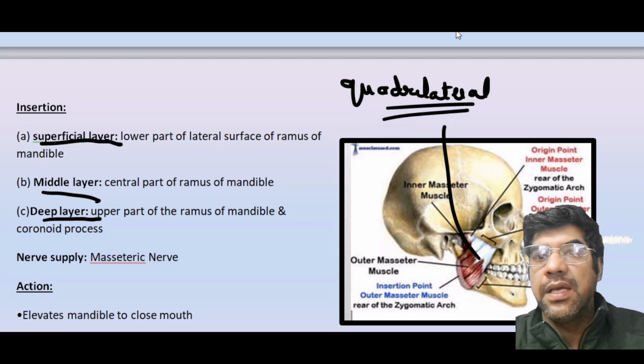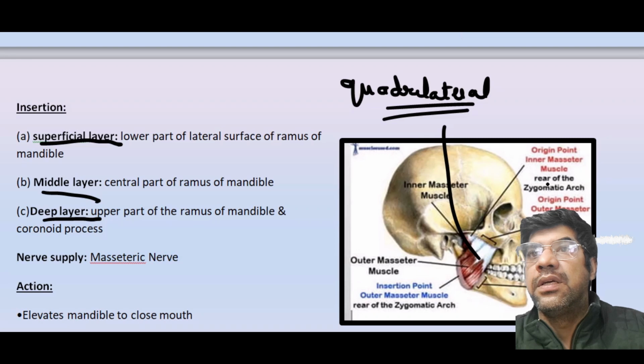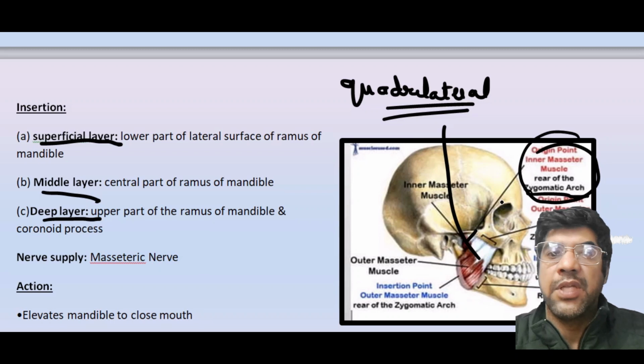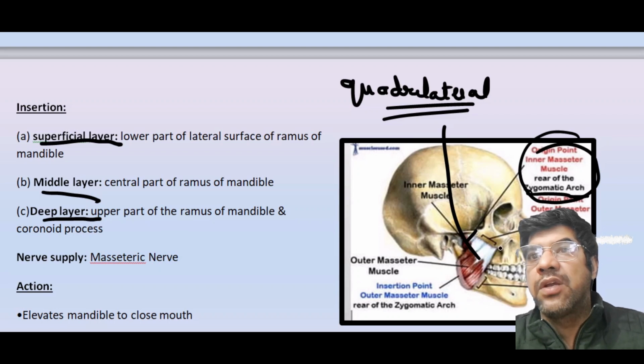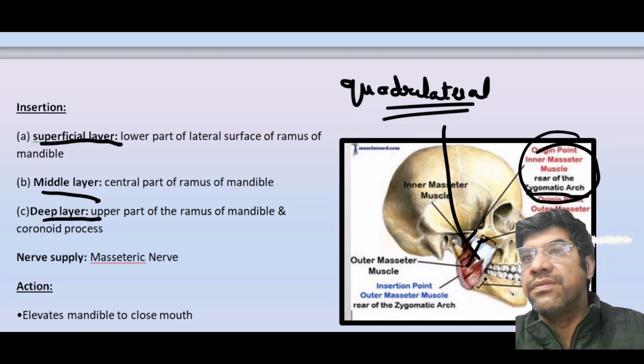Now the superficial layer, it originates from the anterior 2/3 of the lower border of the zygomatic arch. The deep layer, it originates from the deep layer of the zygomatic arch, and the middle layer, it originates from the lower border of posterior 1/3 of the zygomatic arch. And it passes downward, backward at a 45-degree angle, and it is inserted into the lateral surface of ramus of the